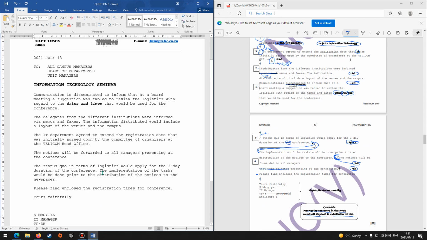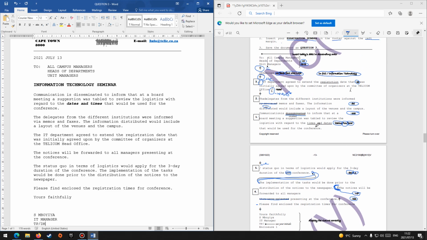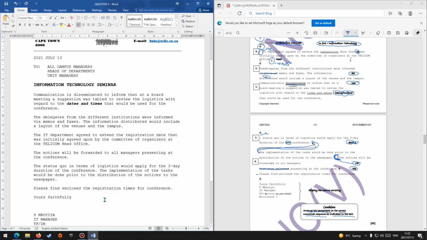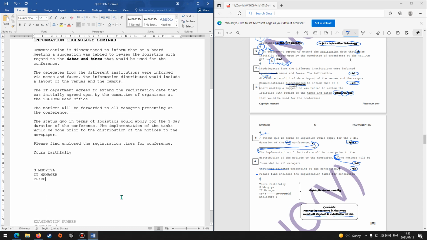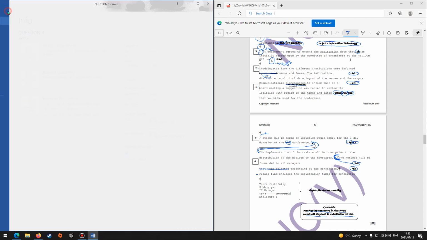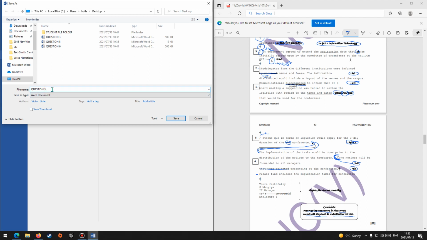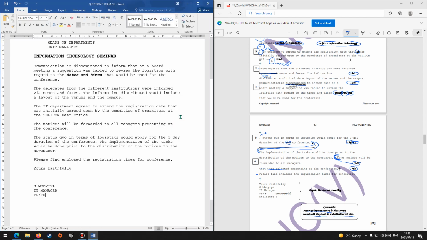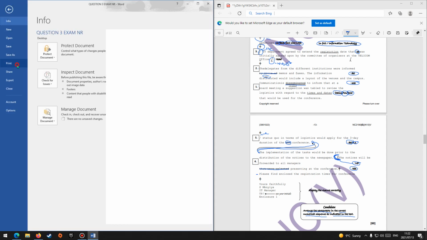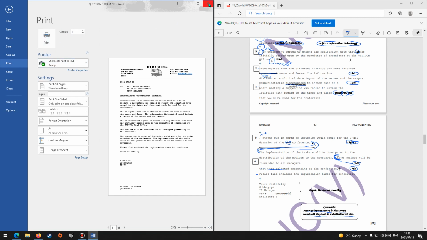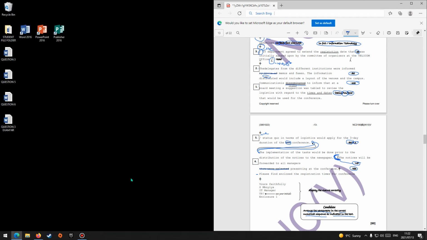It's out of 60 marks. You will be marked according to all of these instructions in blue. And then all of your typing, your spelling will be marked in red. So then you go to File, Save As, choose your place, question 3 and exam number. Save it, File, Print, print it. Close your document and wait for your printout. We will now be going on to question number